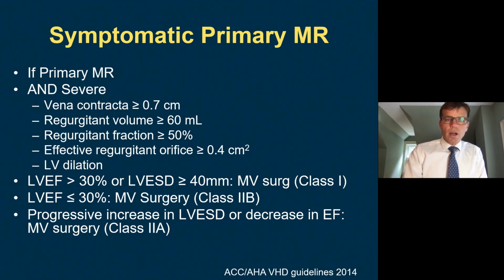Okay, so when patients have symptoms and the valve appears to be severely regurgitant, that's when you start thinking about operating. And you'd be surprised how many patients with moderate to severe or severe MR, frankly, have no symptoms. So you have to be careful here and watch them and ask your probing questions and your history about, are you truly asymptomatic? And you also have to look at their LV dimensions here over time, because what happens is